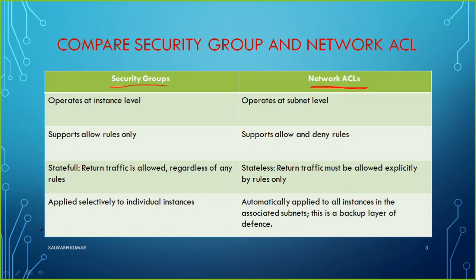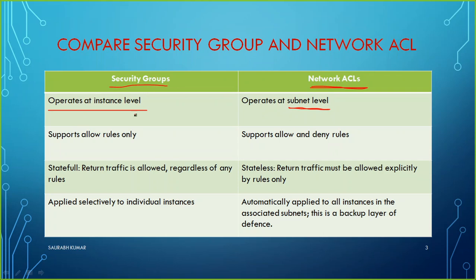Now it will be easy for us to understand the difference between security group and NACL when I come back here. Security group operates at instance level, and I hope you are getting what I am trying to tell. At instance level, we can set a security group on each instance basis. NACL operates at subnet level, meaning that when we create an NACL, we attach it with one subnet, and that NACL does the filtering task for the entire subnet, not for a specific EC2 instance.